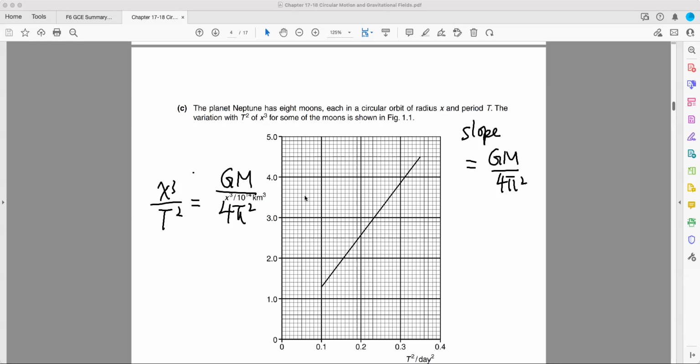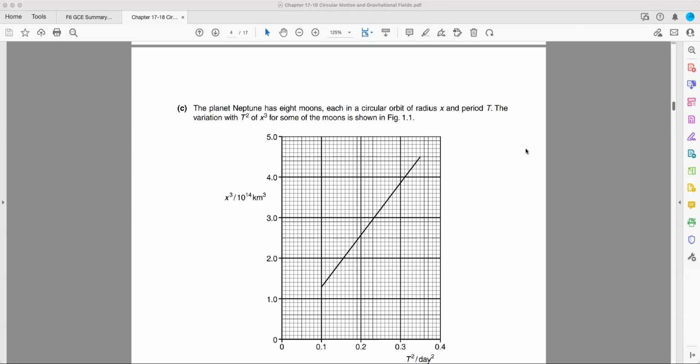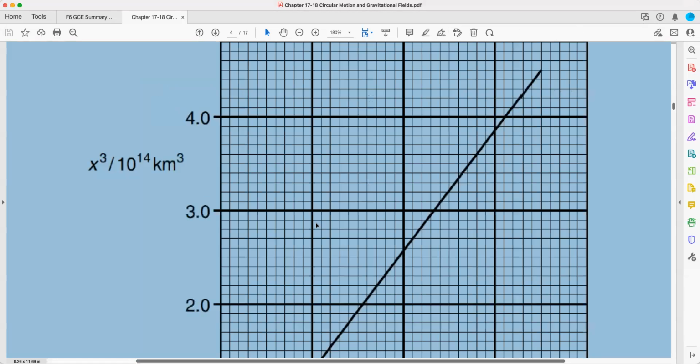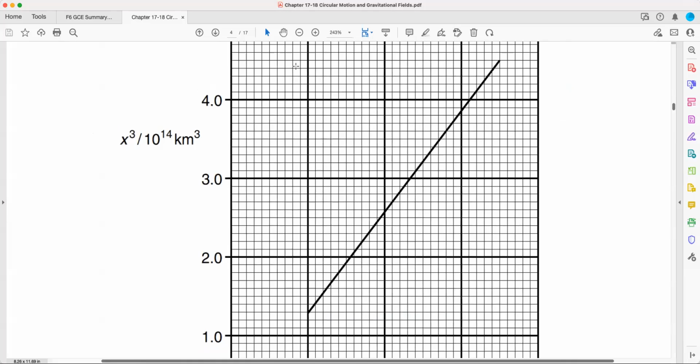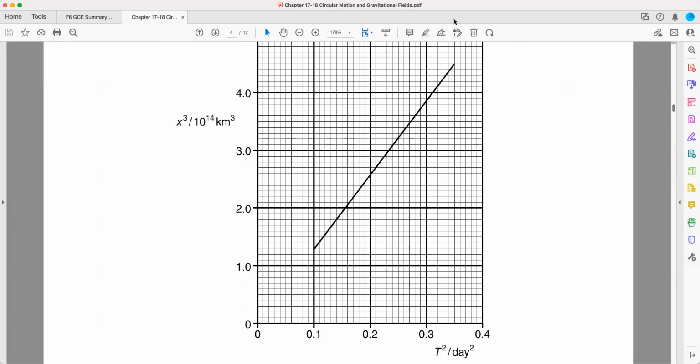Now, first of all, do you understand why the slope is equal to GM over 4 pi squared? Because it's x cubed over t squared, which is the slope of this graph. Then first of all you find the slope of this graph. Now I make my graph larger. Then I find 2 points on the graph. Let me find this one and this one. So the slope should be